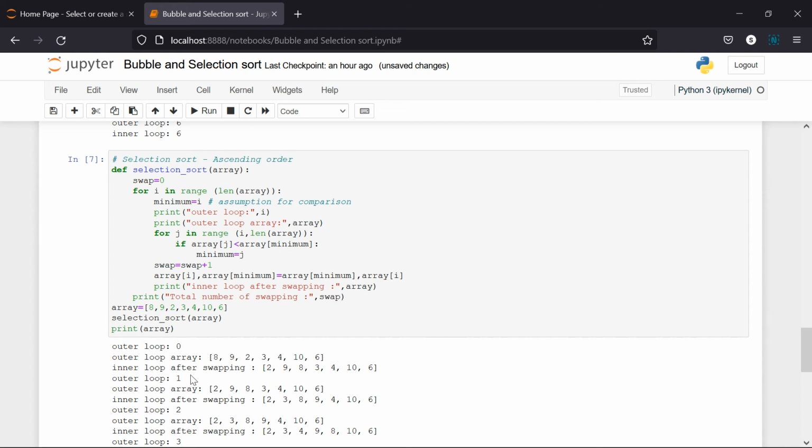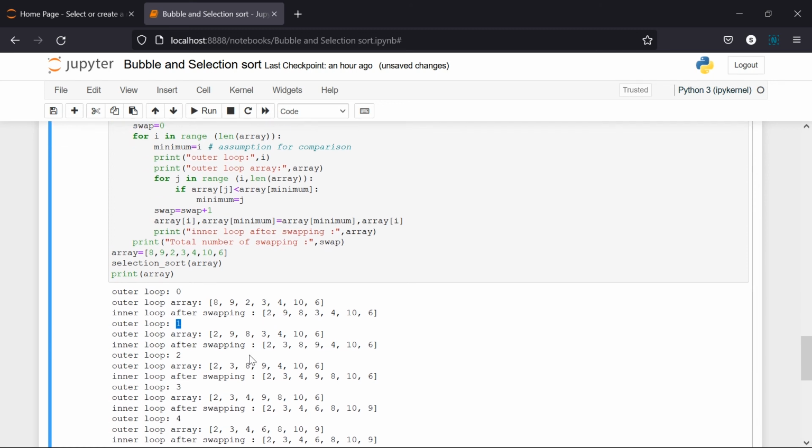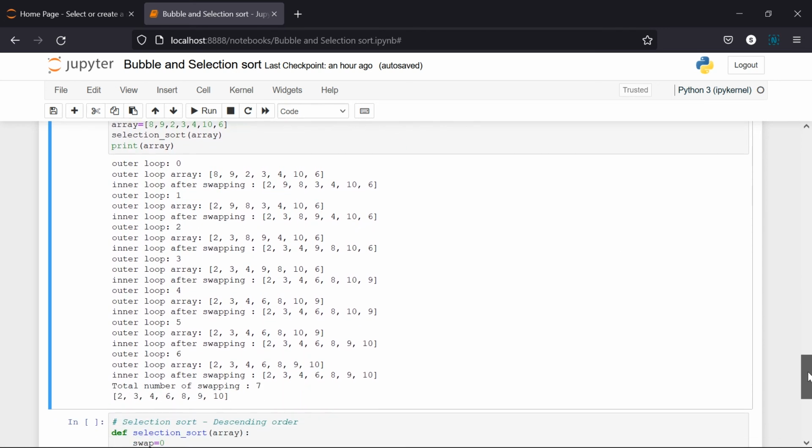After that my outer loop is executing a second time, and I can see in this next iteration that this element has to take its outer loop position, right? So after swapping, 3 will be taking its next position. Like this, the outer loop is executed thrice, 0, 1, 2, and it is going to happen at 3. After swapping, I can see that the third position has to be taken by the third minimum value. So like this, my execution continues till the array is sorted.